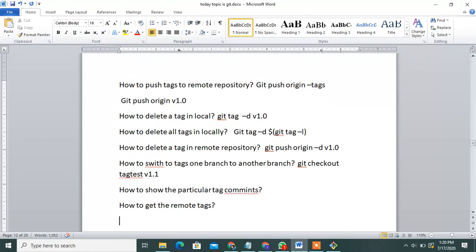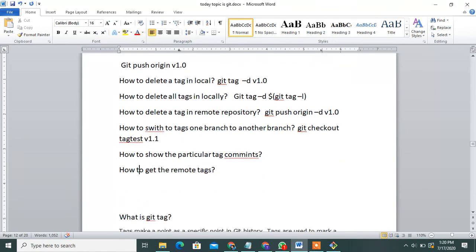Okay, next is how to show the particular commit ID. Use this command, you can show the particular commit ID. How to get the remote tags? Git fetch.